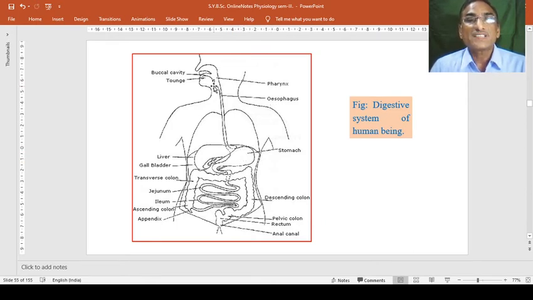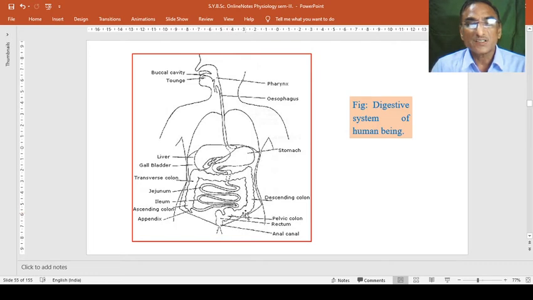The food passes into the esophagus and comes to the stomach and again passes into the duodenum. This is the duodenum. Second part is jejunum and third part is ileum. Duodenum plus jejunum plus ileum is equal to the small intestine, whereas this is the large intestine, which comprises the ascending part of the colon, descending part of the colon, then the transverse part of the colon, and the appendix, which is at the junction of the small and large intestine, and posterior is the colon.